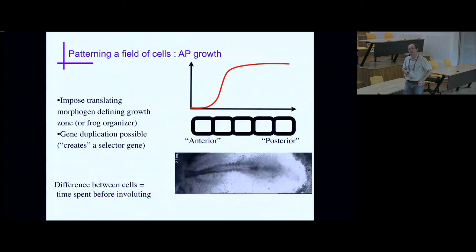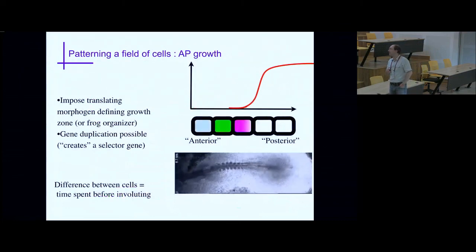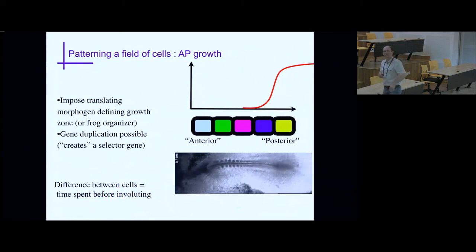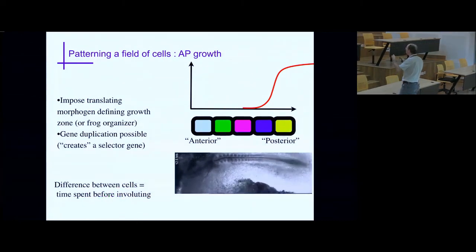So now the simulation is this. You still have my morphogen that is propagating, like my growth zone again. And what I want is basically cells of different colors. I have many different genes, and I want that in a given cell, only one gene is expressed. That's roughly what I do. It's not exactly what I do, but I don't have time to go into the details of that.